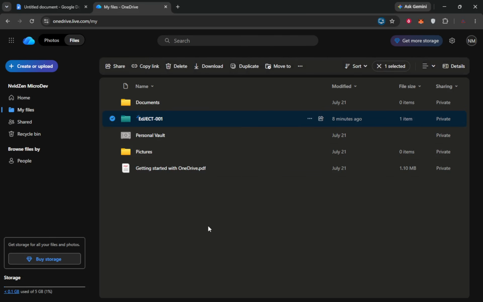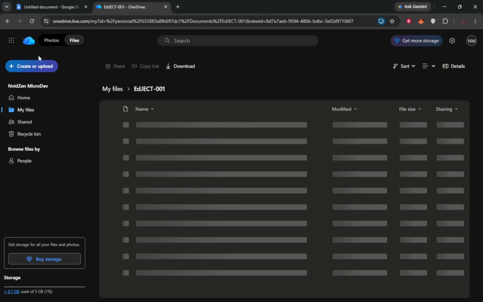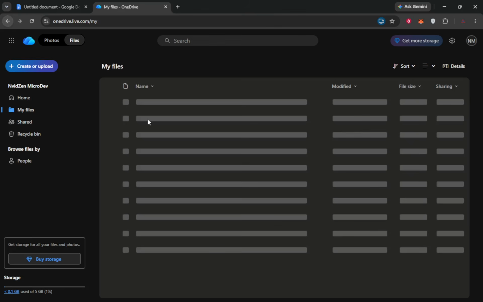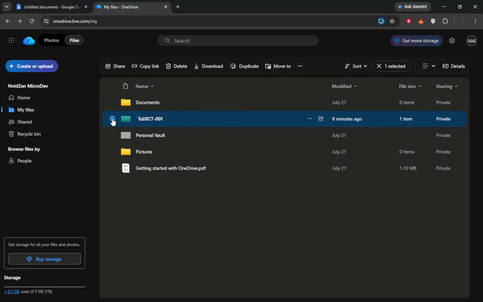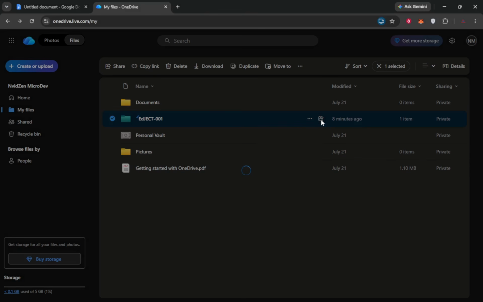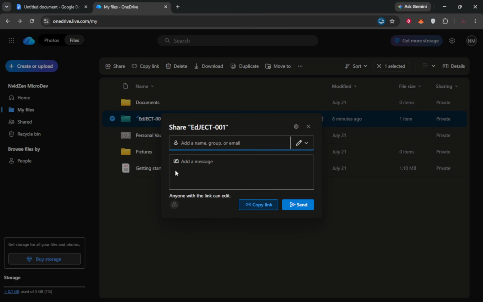Beginners sometimes click the name to open the file by mistake, so if that happens, just go back to your files list and click again near the icon instead of the name. Select Share or open its sharing details. Depending on your view, you might see a Share button above the list or a Share icon next to the item. In some layouts, there is an Information button that opens a panel on the right showing sharing details. Any of these takes you to the place where you can see and adjust who can get to that item.